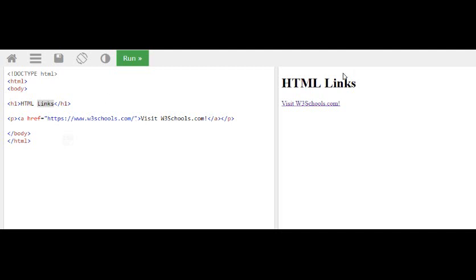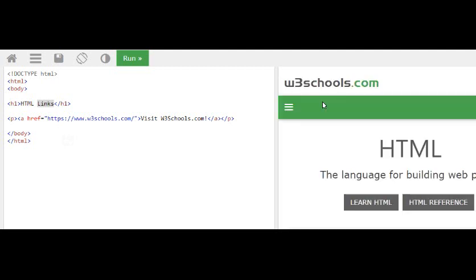Let us see the output. The HTML page is going to be created like this. See here, the cursor is going to change to a hand cursor. This is the program and this is the web page. I am showing it in only one page to understand it. When you click this hand cursor, it is going to open the web page of W3Schools.